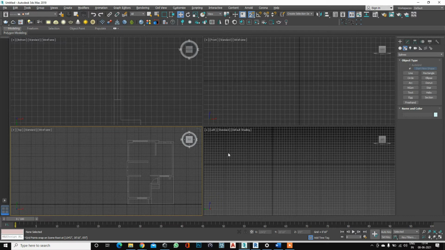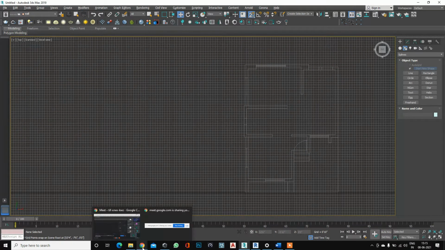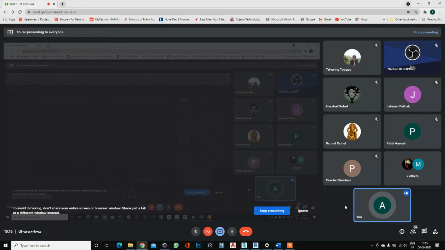Okay, so now if you want to work in 4 tabs, you can work. But if you want to work in a single tab, say I have to work only in this tab, so I press Alt and W. Okay, please note down Alt and W. And if you guys have any questions, we will do the question answering session at the last.